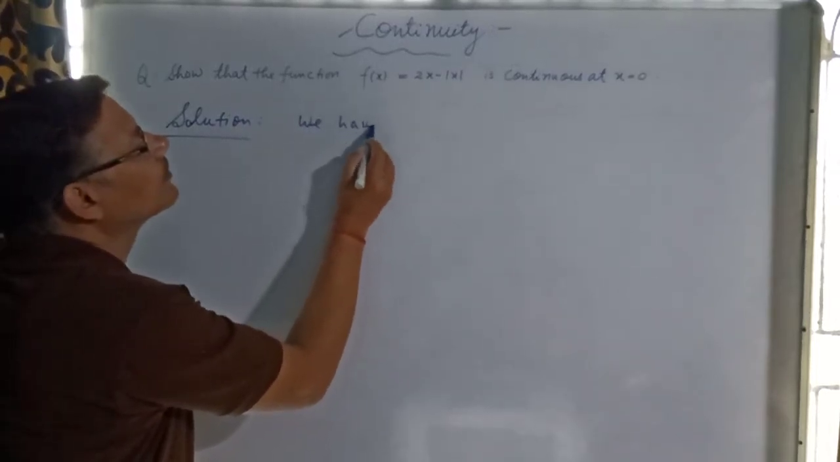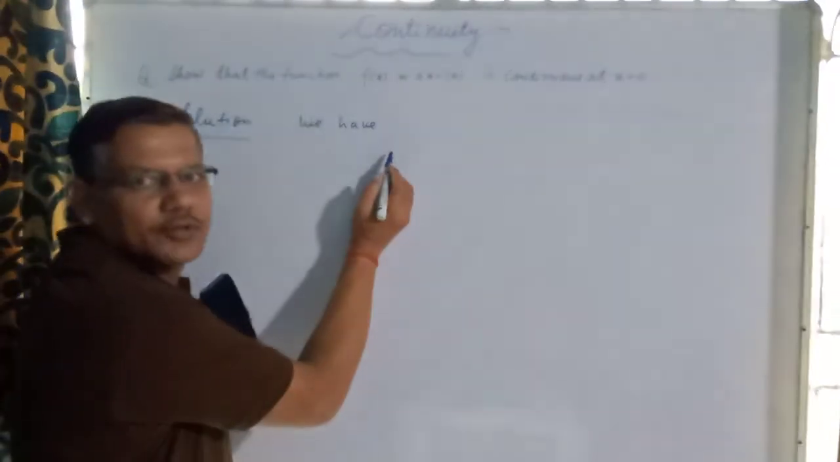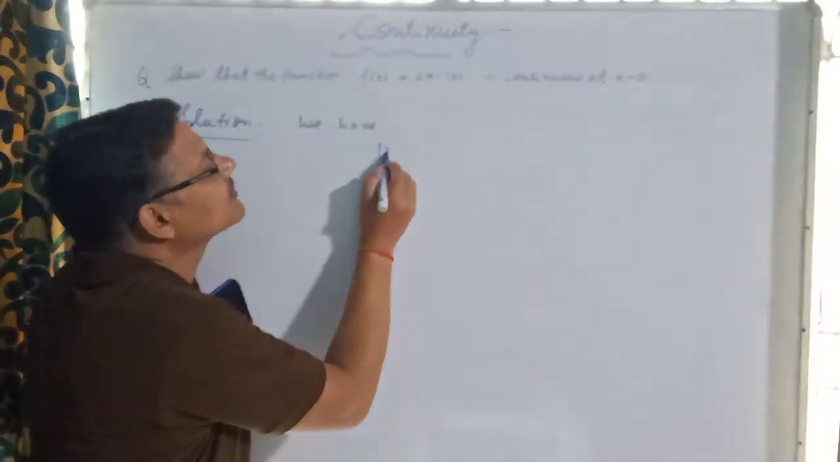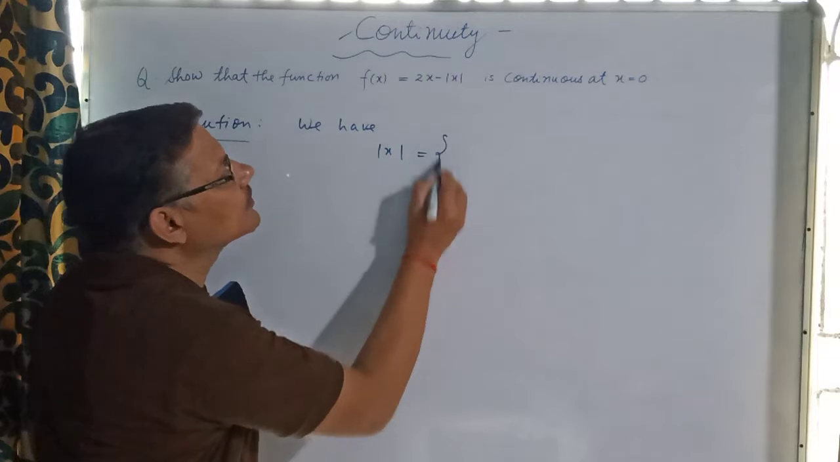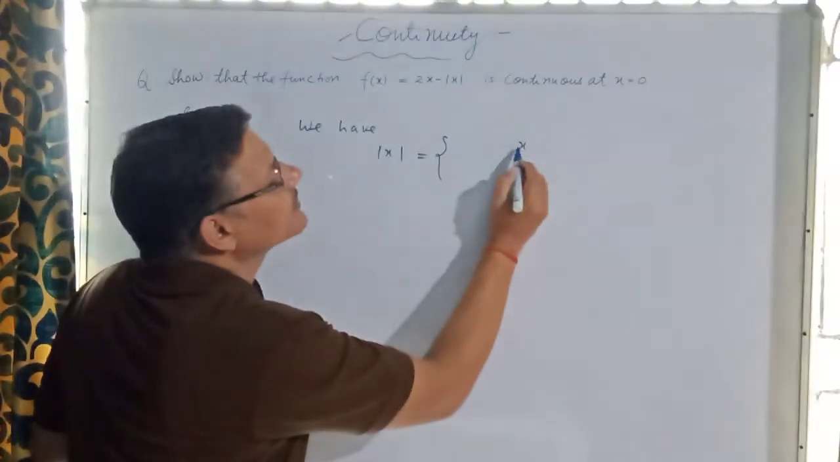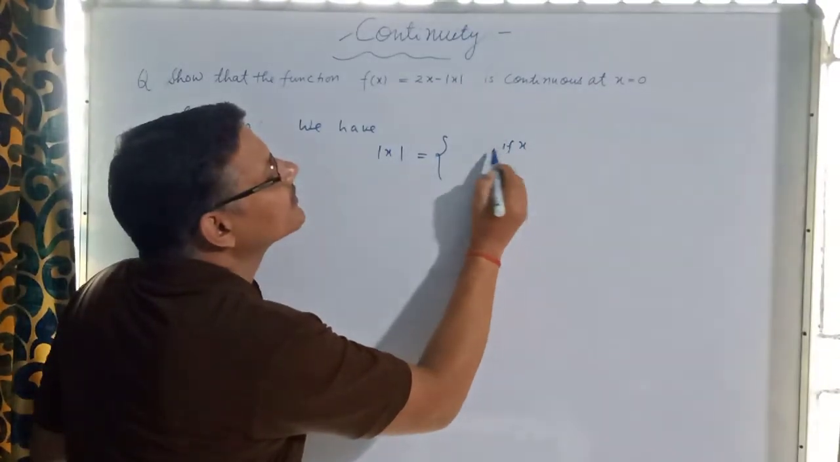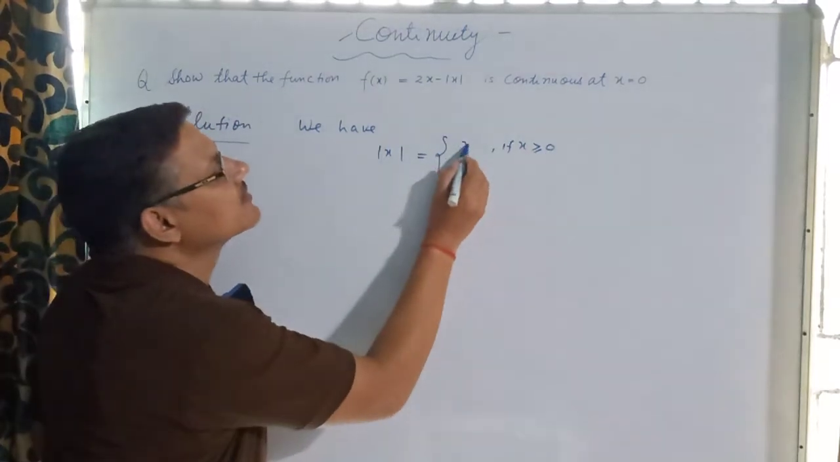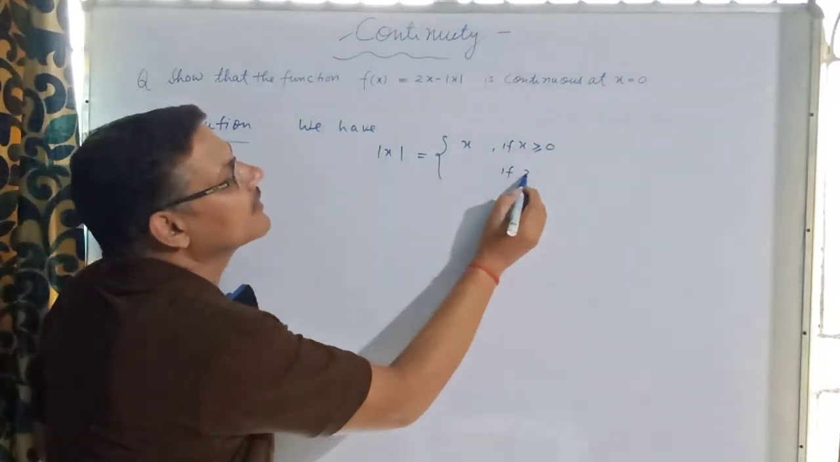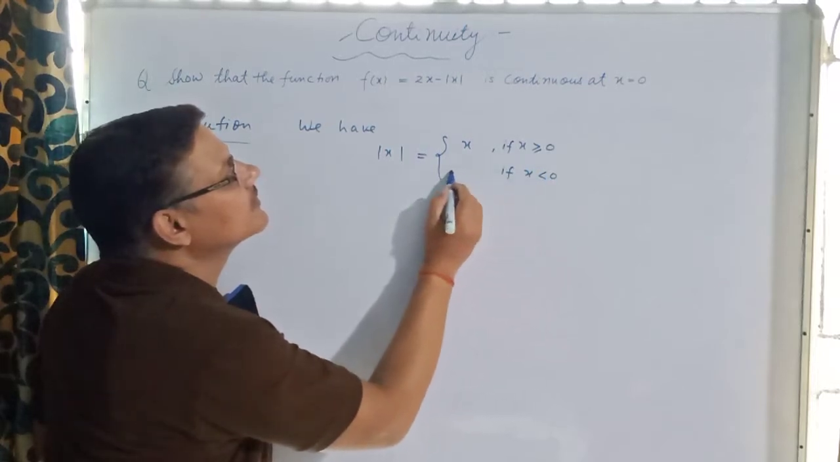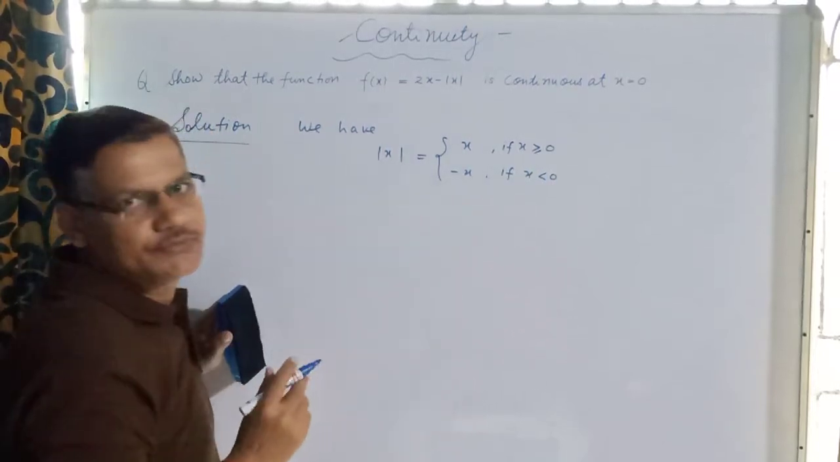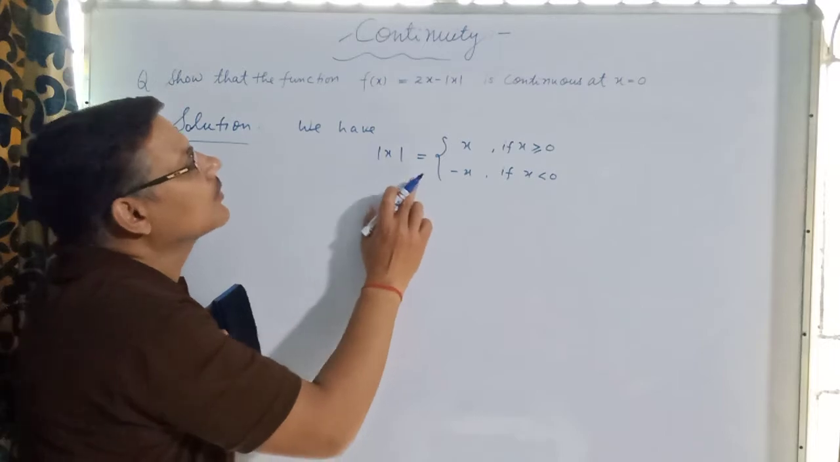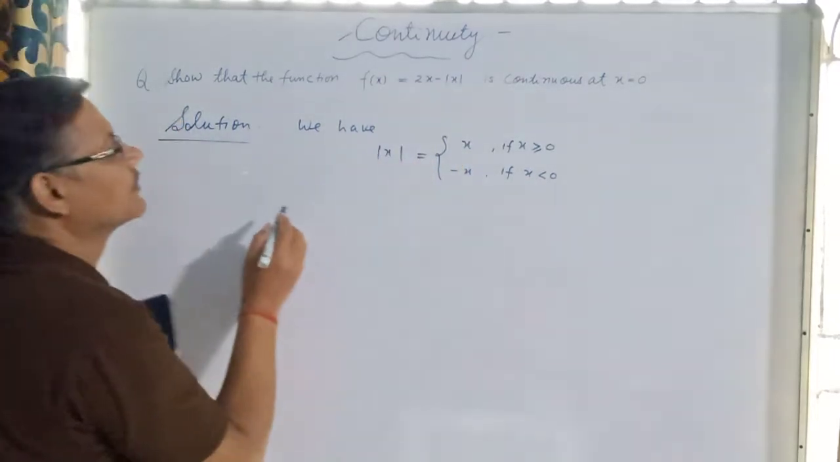We have, let's remember the modulus function. Mod of x is equal to x if x is greater than or equal to 0, and if x is less than 0, then it is minus x. So here we are required to use it. Then